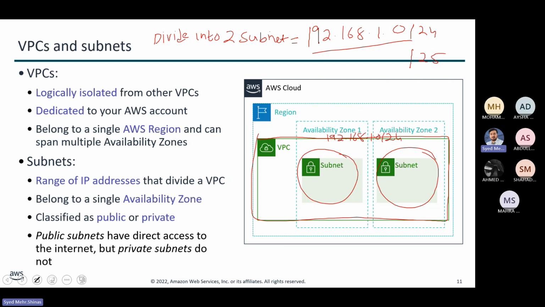So the first subnet, subnet 1, will be 192.168.1.0/25, and subnet 2 will be